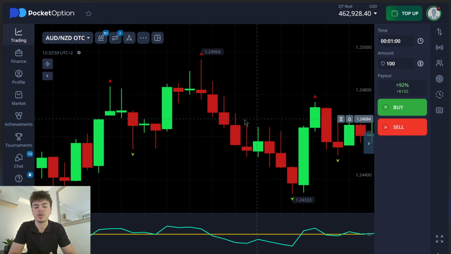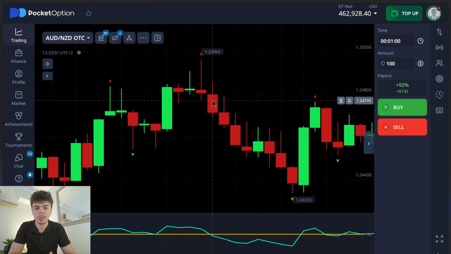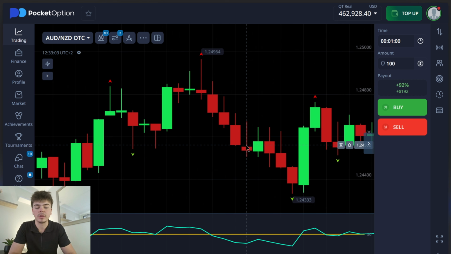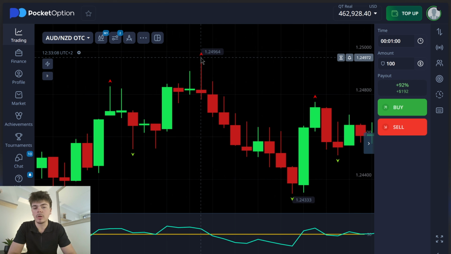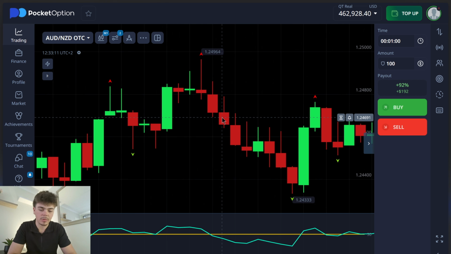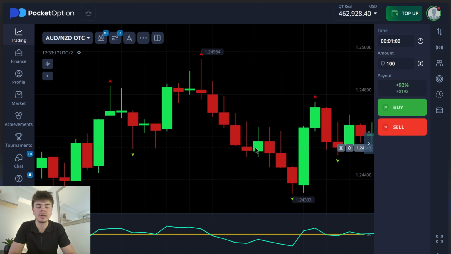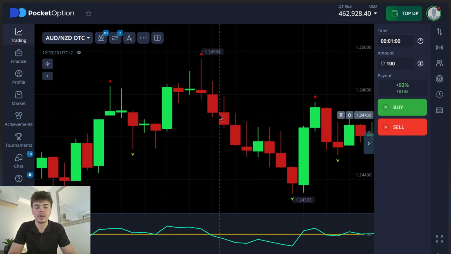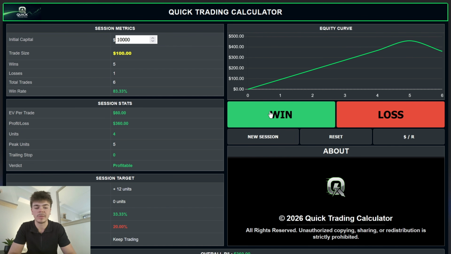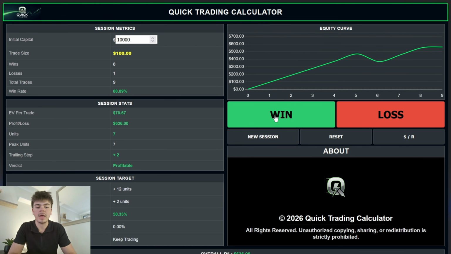This gives us the opportunity to place a trade at the start of each and every one of these candles. We see that the fractal told us that the market was going to start moving downwards. We then saw that the RSI crossed below the 50 line, and we could place sells on each of these candles until we lost the trade. This would have been 1, 2, 3, 4 wins in a row and then a loss. So we can come back to our calculator, add the 4 wins in a row,